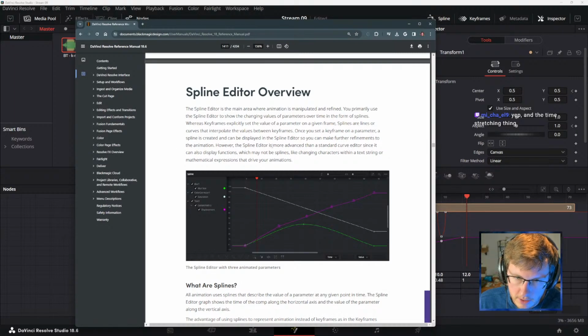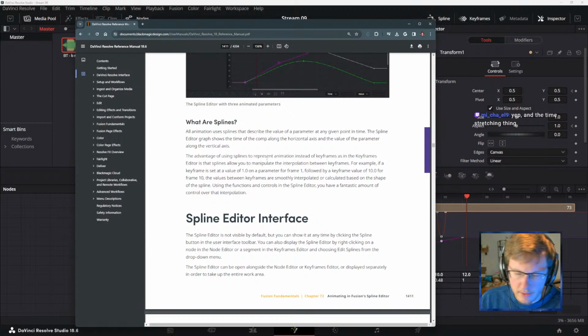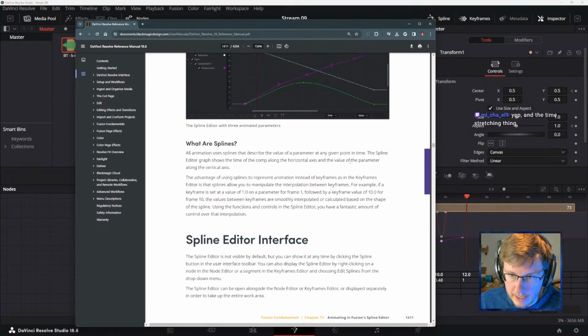However, the spline editor is more advanced than a standard curve editor, since it can also display functions, which may not be splines, like changing characters within a text string or mathematical expressions that drive your animation. And what are splines? All animation uses splines that describe the value of a parameter at any given point in time.